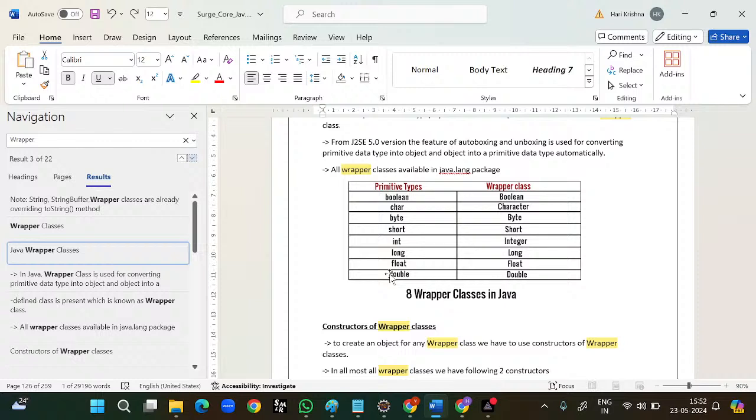The boolean, char, byte, short, int, long, float, double can hold only one value. That is the drawback actually. If you want to store more values, that is the case with these predefined classes, so we are able to store more values also. So wrapper classes, we can convert the primitive data types into